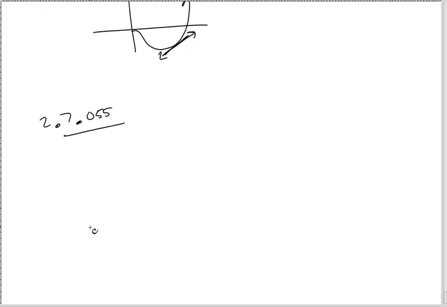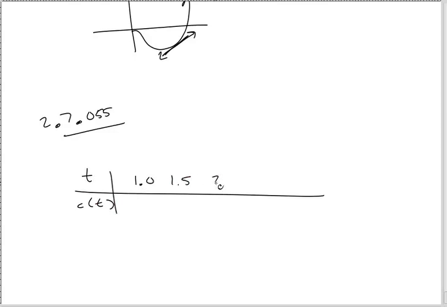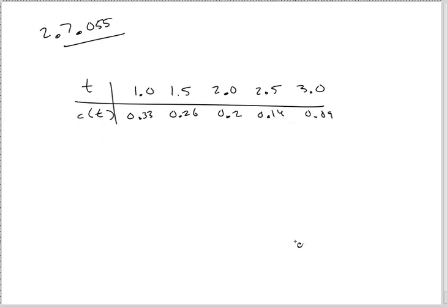I have a t and a c of t. And so we got 1.0, 1.5, 2.0, 2.5, 3.0. I'm getting bored. So then I got 33, 26, 2.2, and then I got a 14, and then I got a 0.9. All right, cool. Okay, so it says find the average